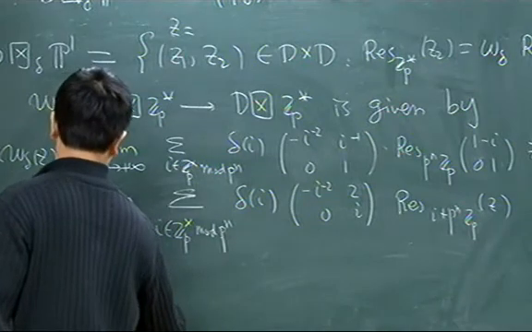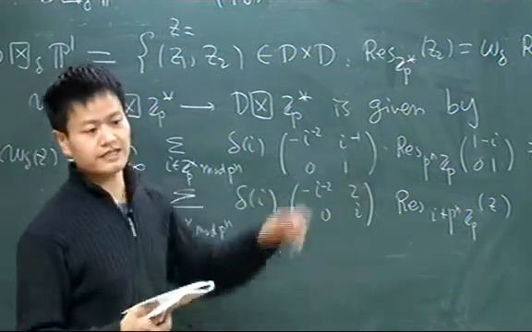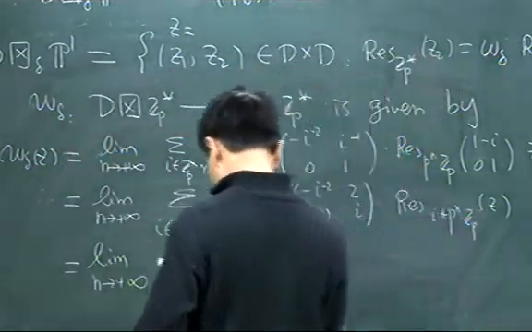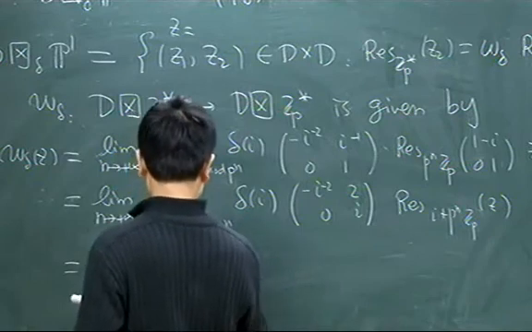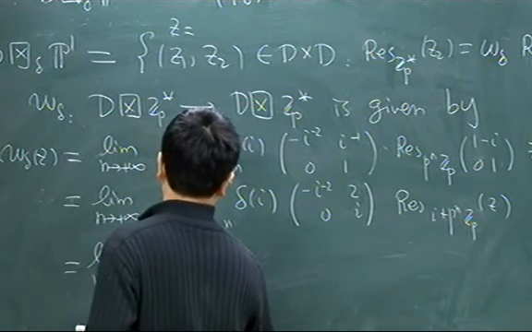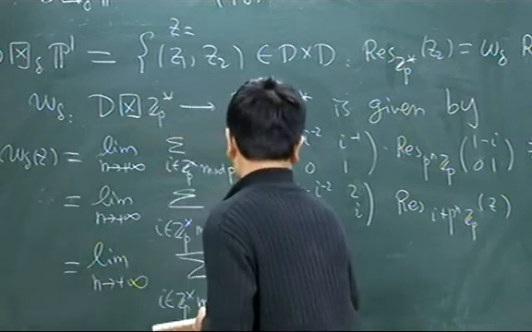Here we use the action of GL2 QP. But if you only use phi gamma action, then you have a very ugly one, using I in Zp cross modulo Pn, and you have delta,